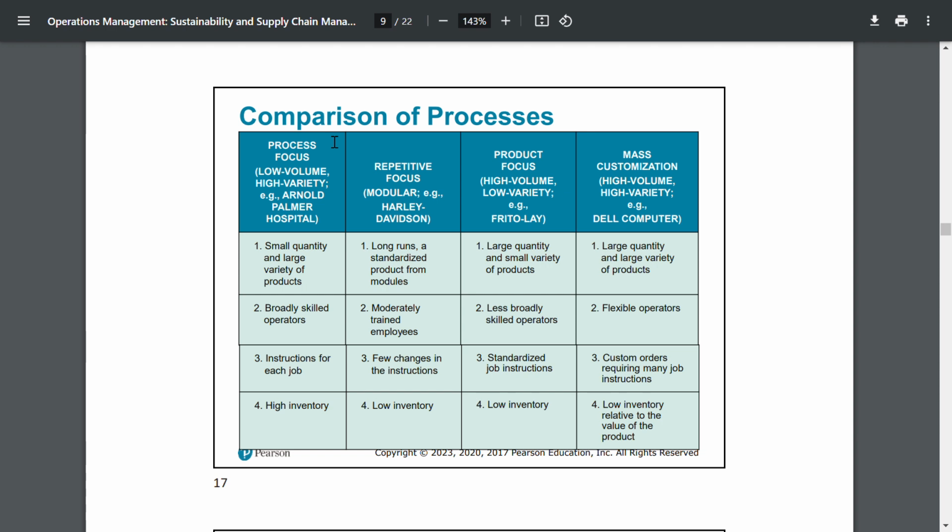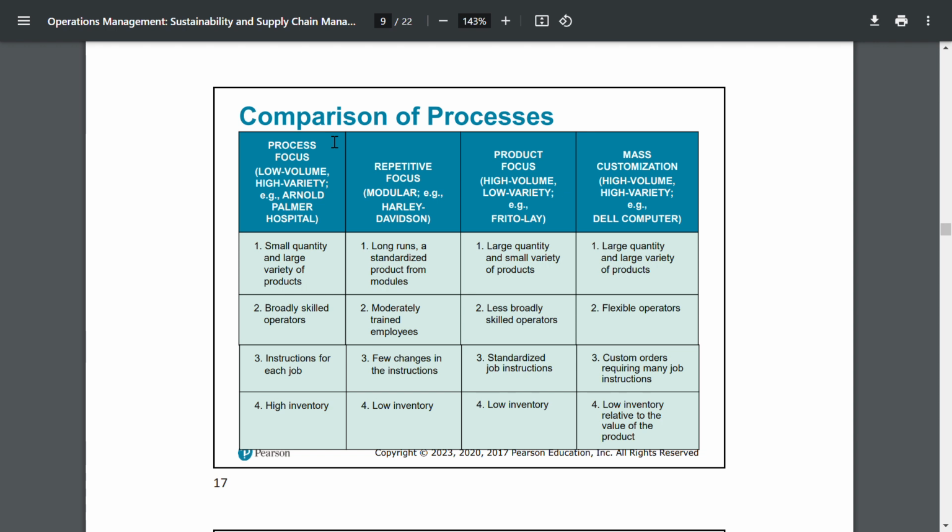So basically, we can compare it to process focus, but not really, because the process focus has a very high variety. So maybe for each unit we're going to change the production. Here it requires many job instructions, so it will have a variety comparable to the process focus, and then it has low inventory relative to the value of the product. Since it's mass customization,